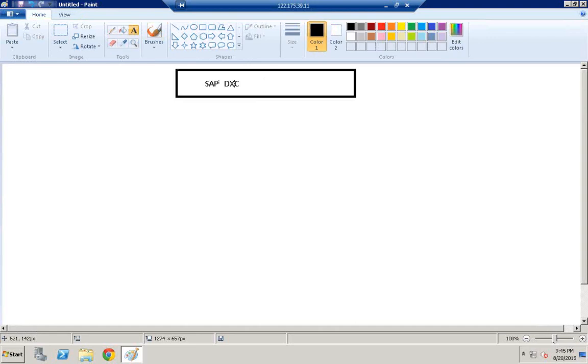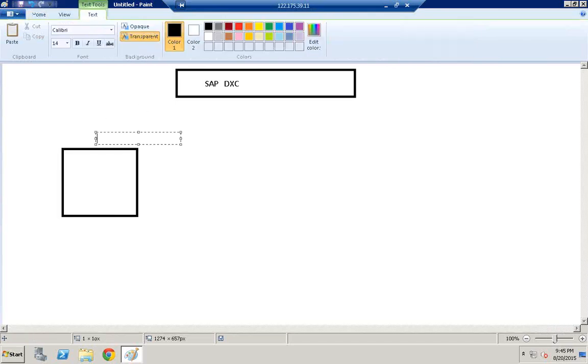So DXC stands for Direct Extractor Connection. Now first let me give you a brief introduction. Before HANA was introduced into market, we had ECC. Now from ECC,